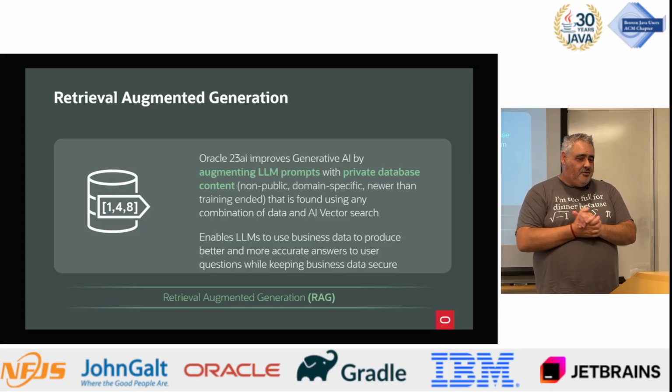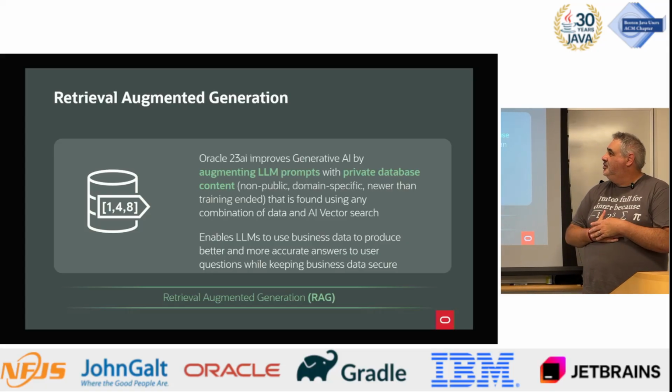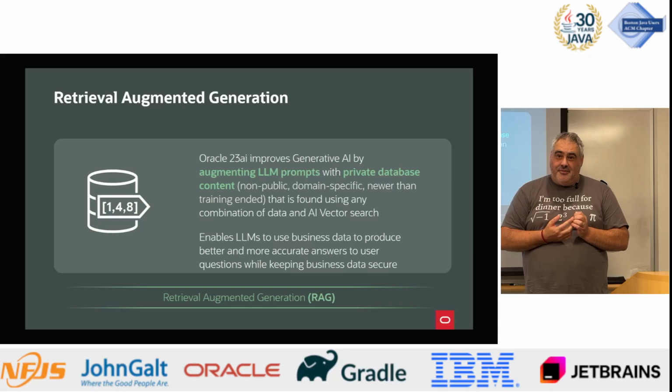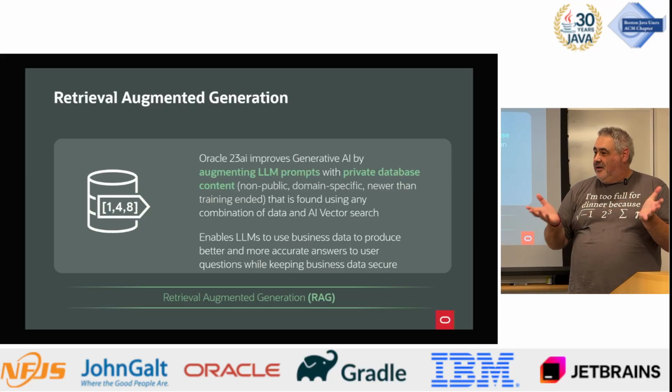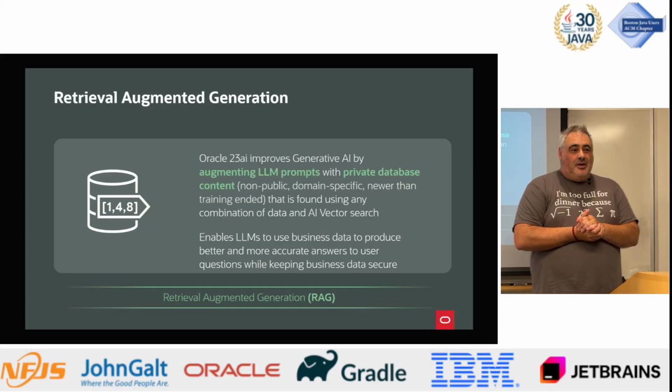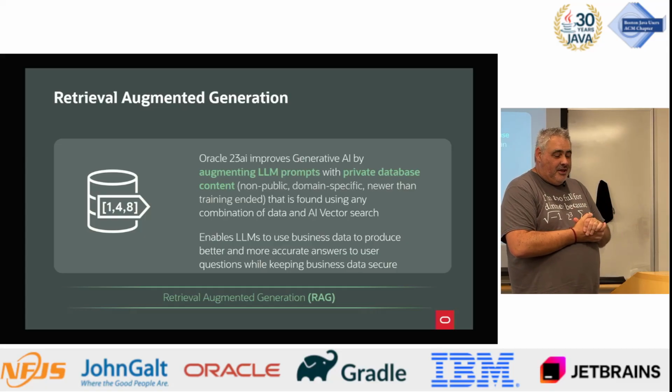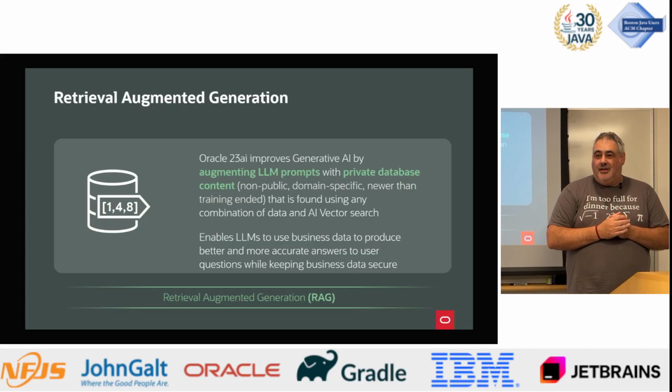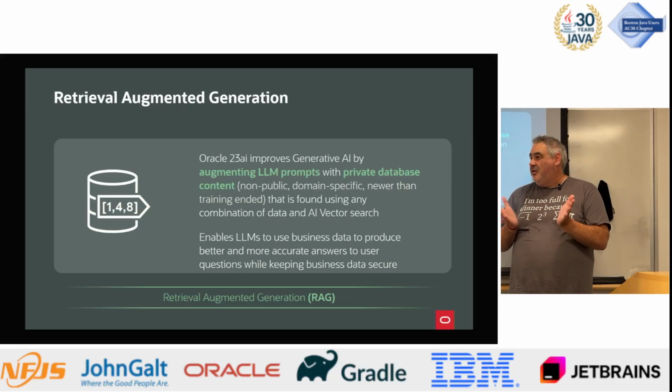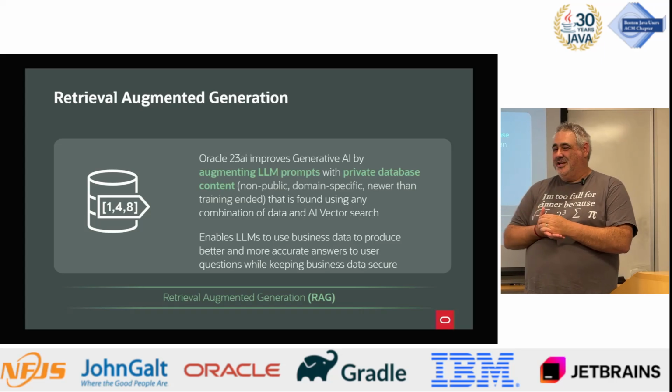Okay, so let's talk now about something called retrieval augmented generation. Before, we talked about fine-tuning and how it's super expensive and painful, right? So a very popular technique, I'm sure most of you have heard of it, is called retrieval augmented generation, or RAG, which is a different way to address the problem. And it relies on vector databases, which is why I've been talking about vector databases.